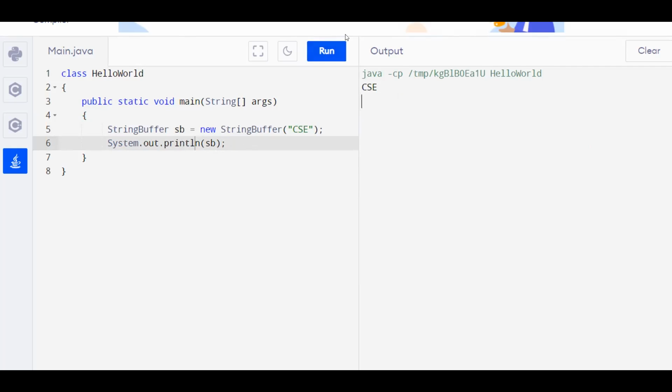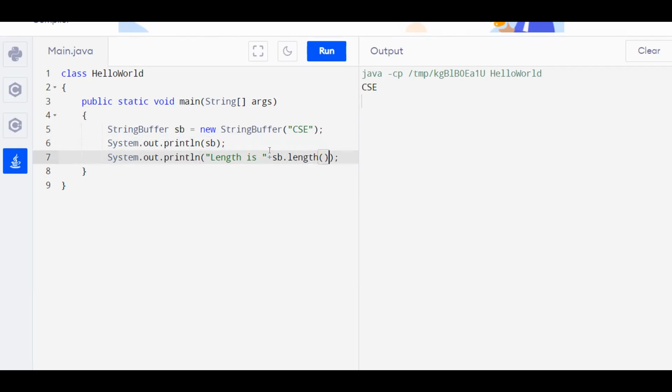Now on this particular StringBuffer, let us print the length and capacity. In order to print the length, we will have a string like this: Length is, and we will concatenate sb.length.